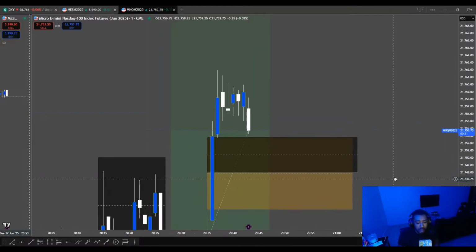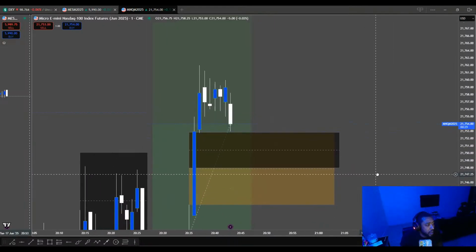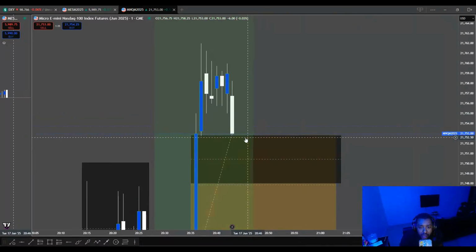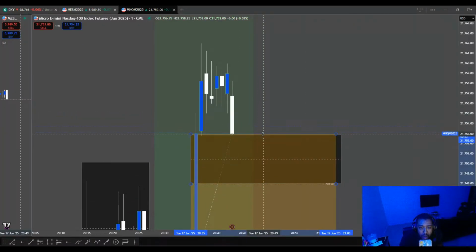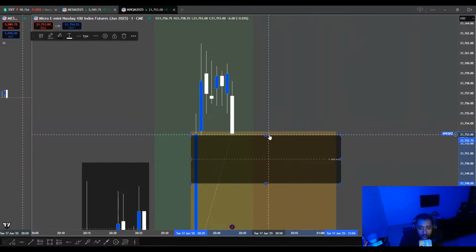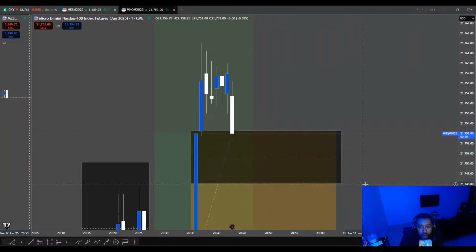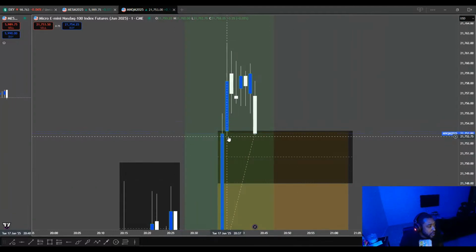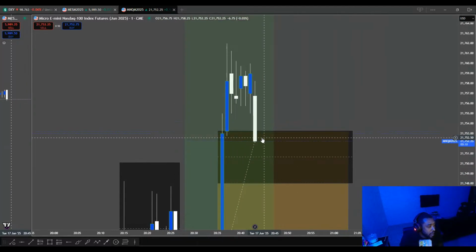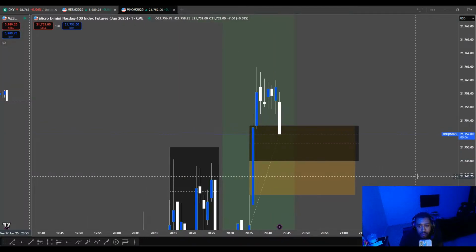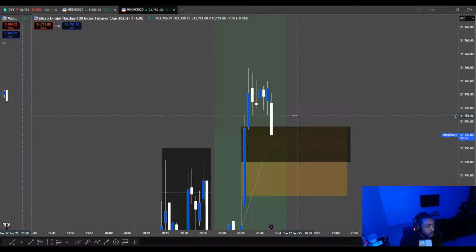So let's see what happens when we get a push inside of it. Okay, we got a value imbalance. You gotta draw the value imbalance also. Okay, so we get a touch into it. Let's see if we touch inside of the okay, bomb. Let's see what happens. Let's see what happens. Do we just